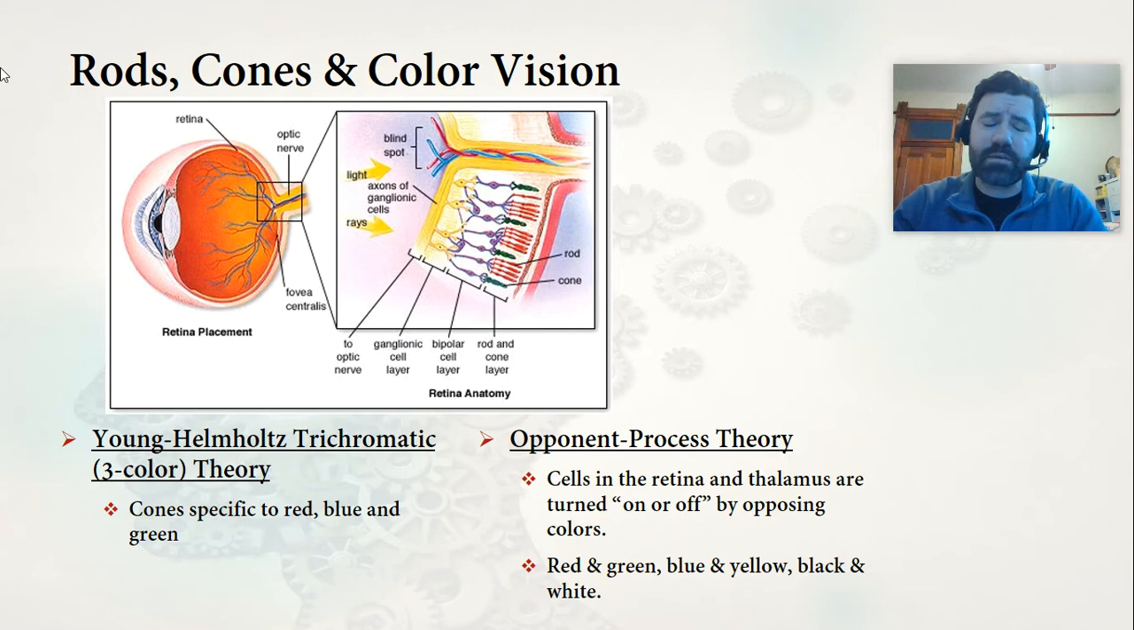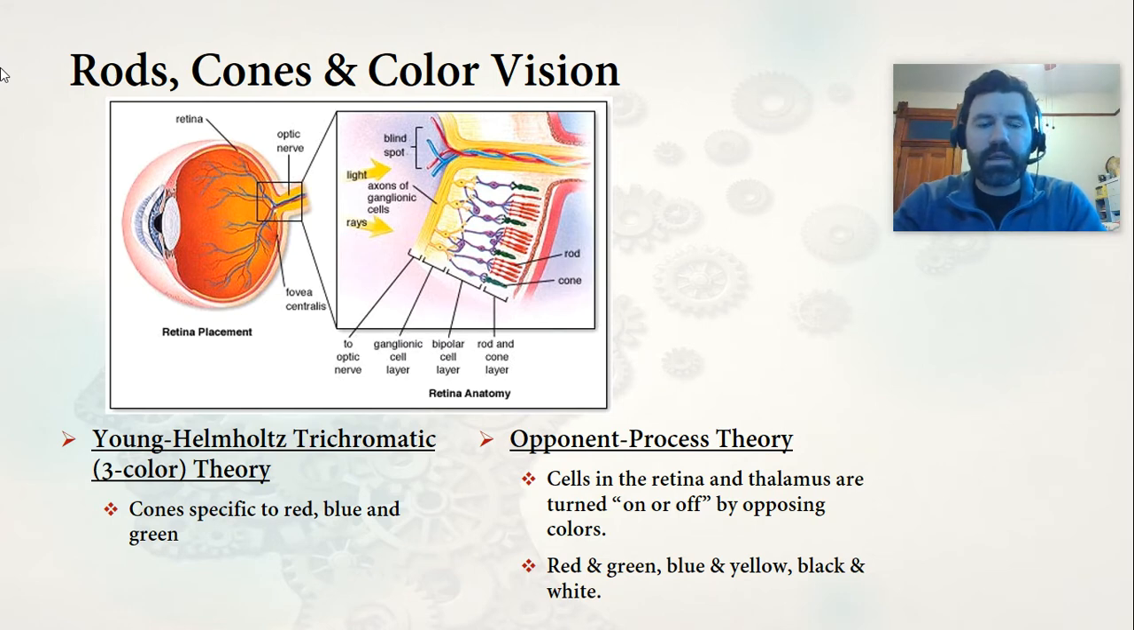They help us see in black and white. Whereas cones, you can think the CO in cone helps us see in color. Cones are located along the back center of the eye, and it takes a lot of light in order for cones to work. There's one theory as to how we see different types of colors, what we call the Young-Helmholtz